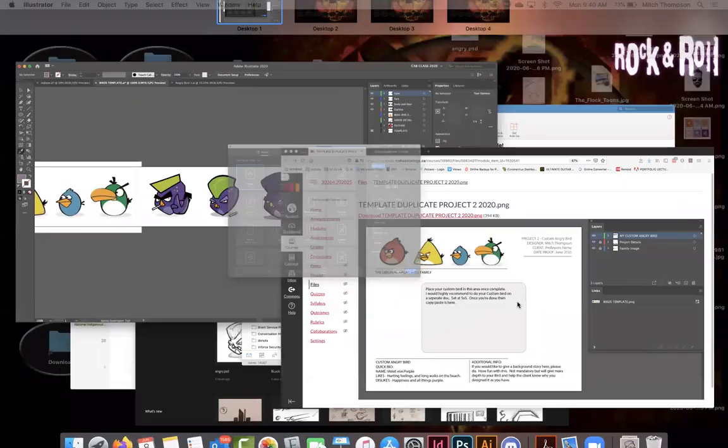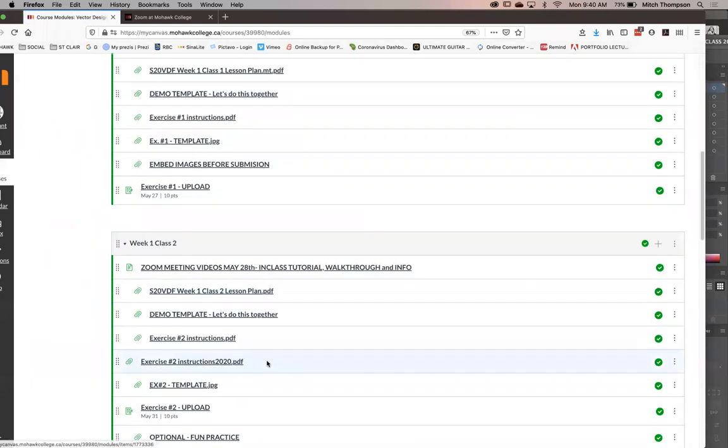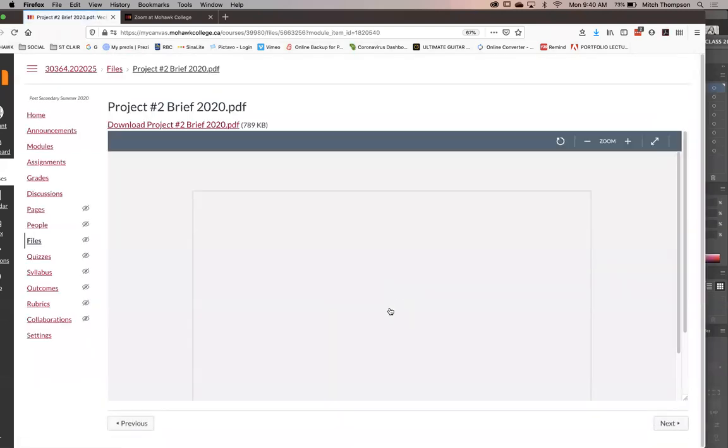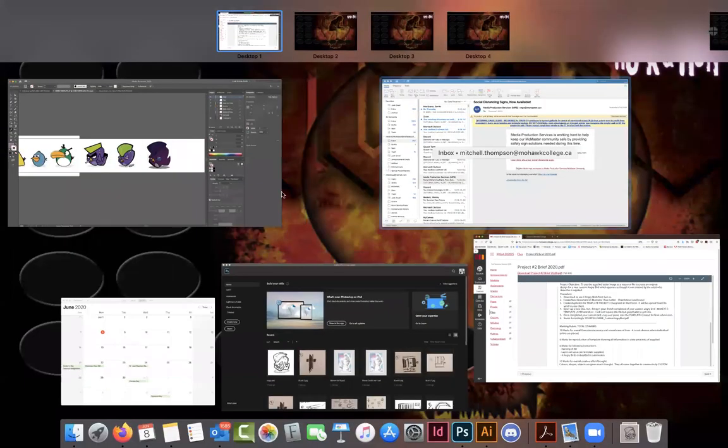Let's go back into our instructions. Just make sure we get the proper naming, and maybe we took the proper name already, but it's right here. And I believe it's your full name, right? Custom Angry Bird PDF. Perfect.